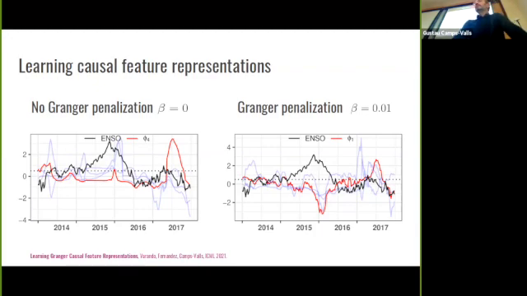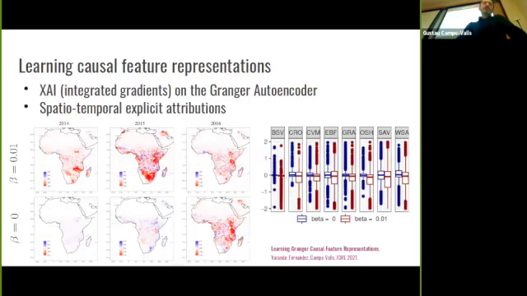How can we say anything about what the encoder or the coder are doing? So again, we basically use explainable AI here, a technique called integrated gradients, that is basically taken locally at the gradients of the decision function of the encoder. And we apply it on this Granger autoencoder, and then what you can see here in the bottom row is zero Granger penalization. Up, you see little amounts of Granger penalization, and you can really see that our method is actually detecting a lot of activity, a lot of impacts in Africa in 2015, much more than the others,